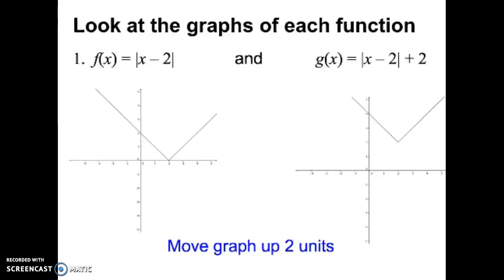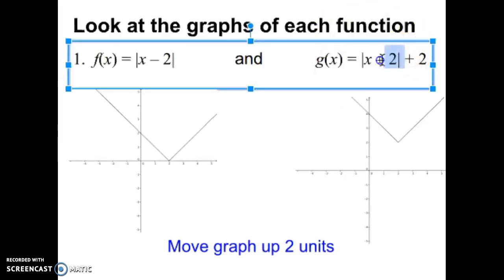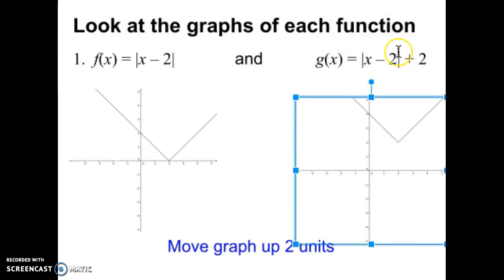Let's look at these graphs. Our original is x minus 2, all in absolute value bars. Now, if we look at the graph, we can see that the vertex is at 2, 0, and it's touching the x-axis. If we look at g of x, it's the exact same function, except we have a plus 2